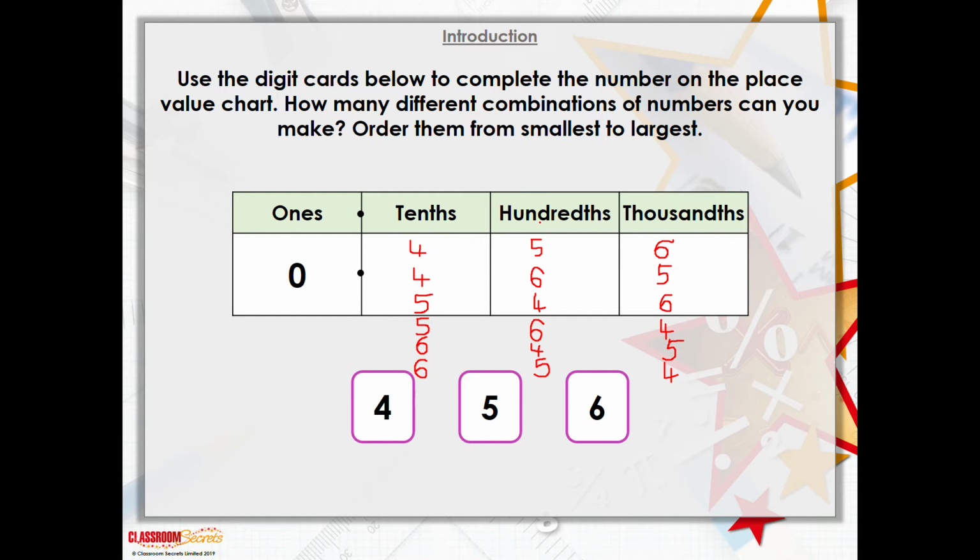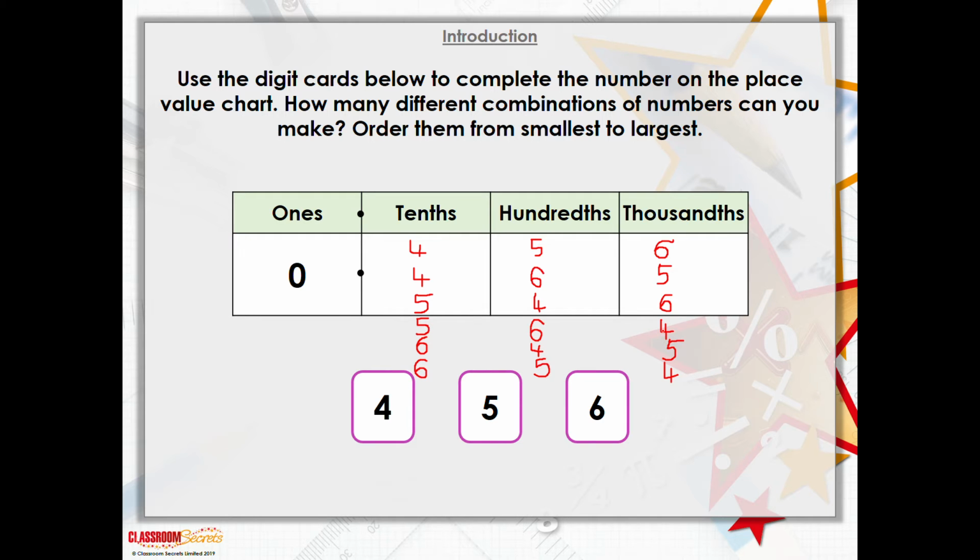Okay, when we look in the hundredths column, this one has 5 hundredths, this number has 6 hundredths, so 0.456 is smaller than 0.465. Then when we've moved on to the 5 in the tenths column, again if we look in the hundredths column, we've got a 4 there and a 6 there, and we know that 4 is smaller than 6, so the next smallest is 0.546 and then